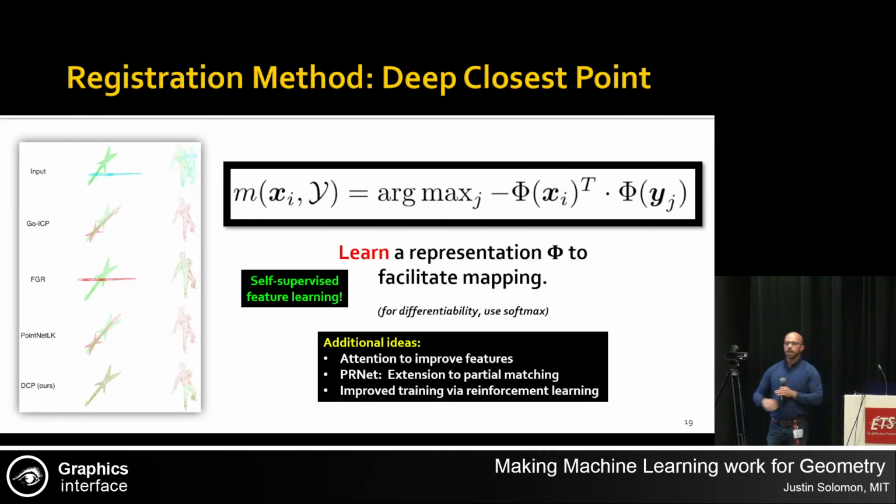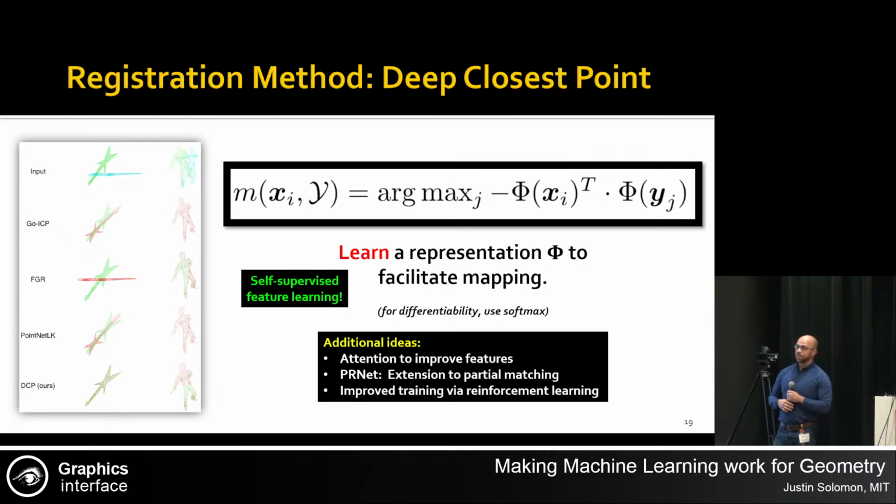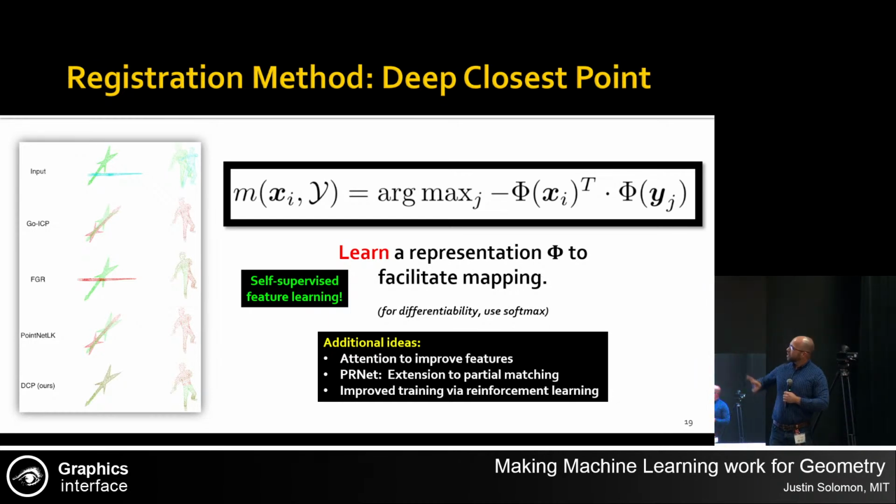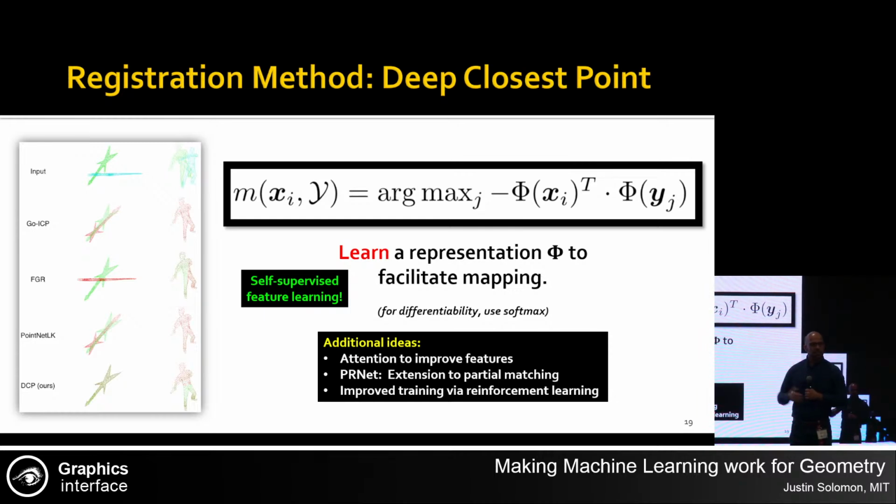So for example, we moved on to studying registration. Many of you are probably familiar with this problem where I have a point cloud that's viewed from 2 different angles, and I want to put them in the same coordinate system. Now, the classical algorithm that you might be familiar with for registration is iterative closest point, which has this interesting theorem associated to it, right? Iterative closest point works so long as you initialize it with the solution of the problem, I think is roughly the theory here. But essentially, what we can do is learn features on our geometry that are easier to match than the original shape itself.